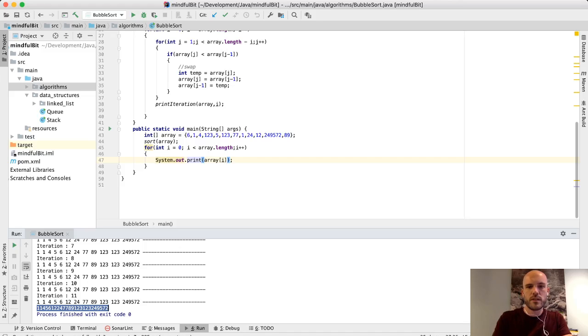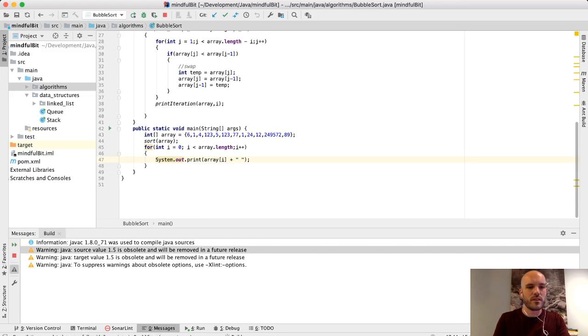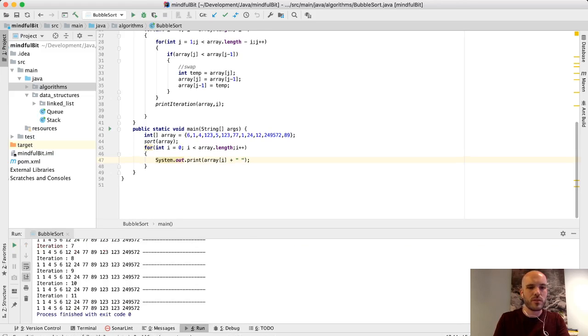So basically, let me add a space in there for you guys. I was looking at that big number thinking, what in the world? So let's print it, add a space, and you'll see the sorted array at the end. Here it is: 1, 1, 4, 5, 6, 12, 24, 77, 89, 123, 123, 249,572. So when you code this up, feel free to print stuff out,